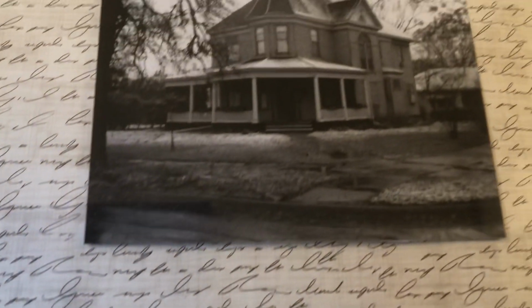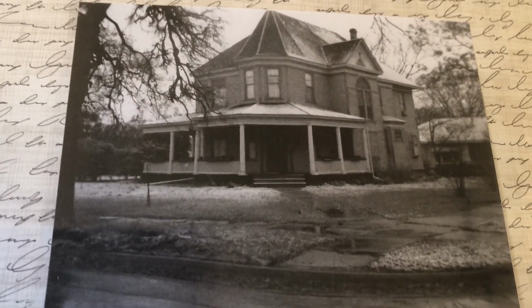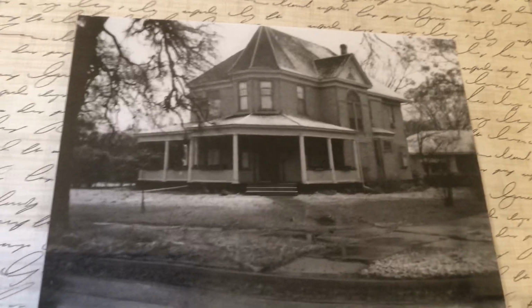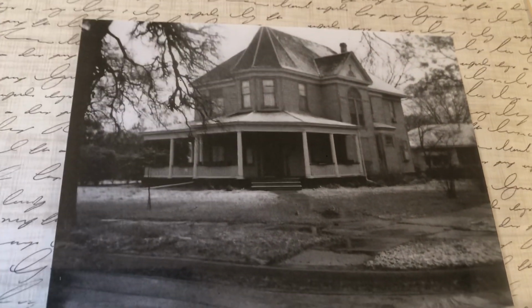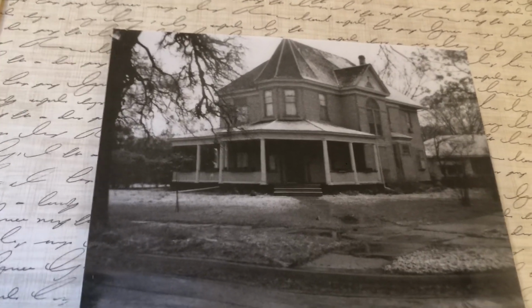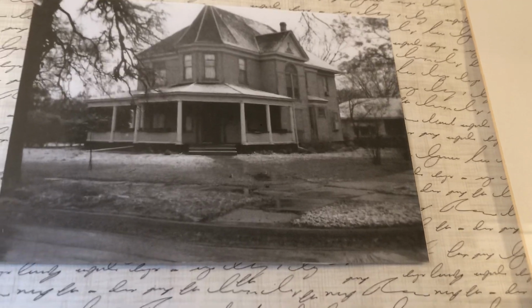This was our Victorian farmhouse that we restored. This is the picture that we took before we started renovations. It was a rather large home. It had some maid quarters in the back and a Victorian garden in the back here, things like that. But what I want to show you is these little